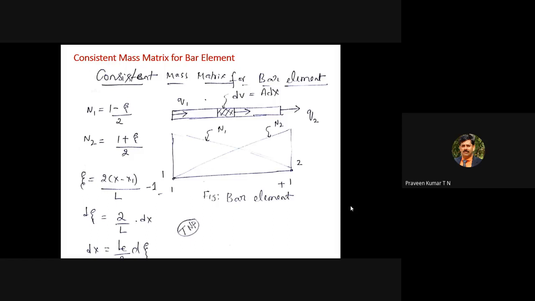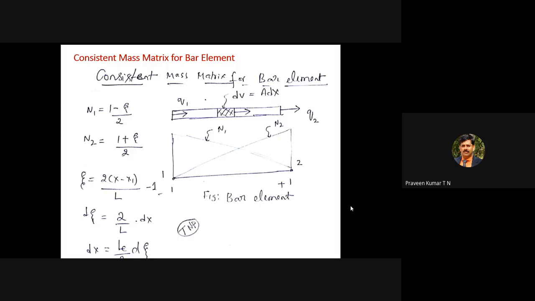There is one more type of mass matrix, referred to as the lumped mass matrix. Imagine the total weight of the beam is around 1000 kg. Out of 1000 kg, 500 kg is lumped at node 1 and another 500 kg is lumped at node 2. That is the lumped mass matrix. As per your syllabus, you have to study both the consistent mass matrix and the lumped mass matrix.